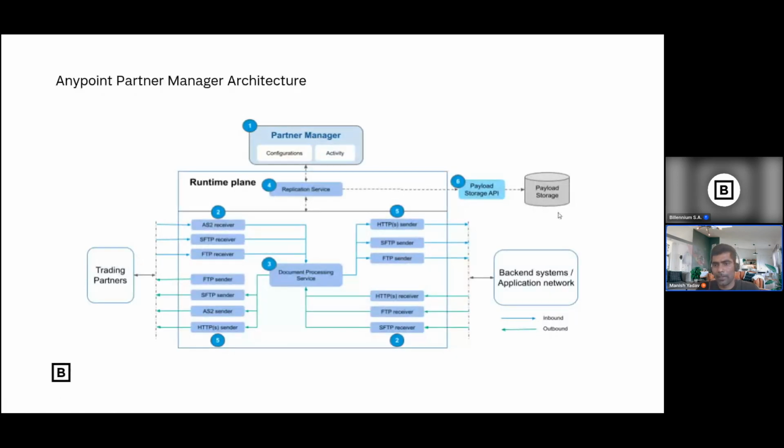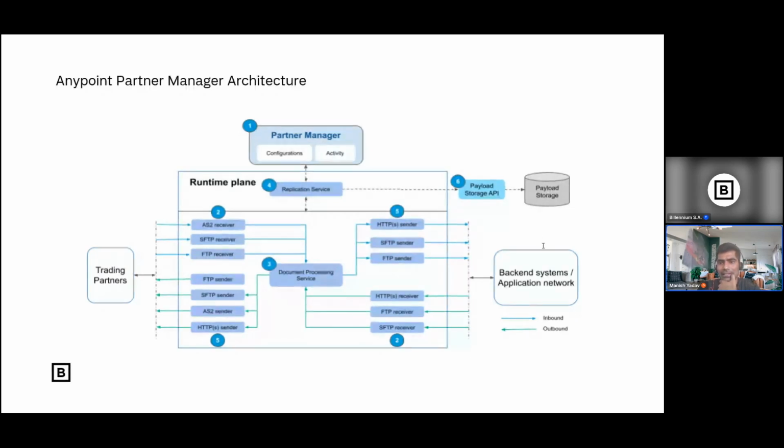I will go to the chat again. Yes, APM needs a license. You are right. How are the errors handled? There is a replay mechanism. If there is an error, you can replay it from the activity board. Or you can create your own application that calls the replay API, checks if there is any error, and replays the transaction in an automated way. Is it possible to resubmit or reprocess a failed transaction in the APM component? Yes, it is possible. The replay mechanism was introduced by MuleSoft to resubmit the order again.